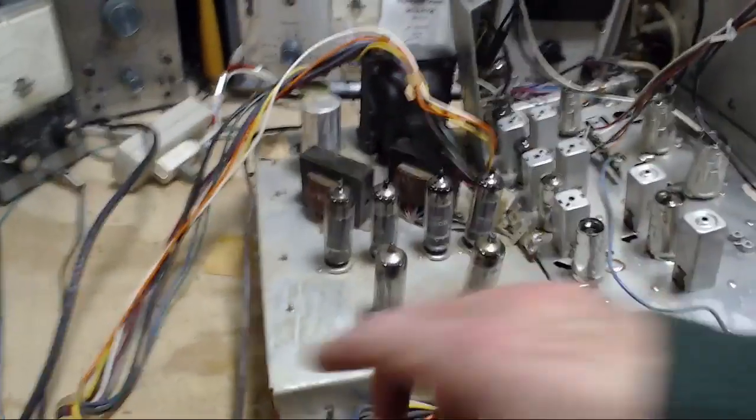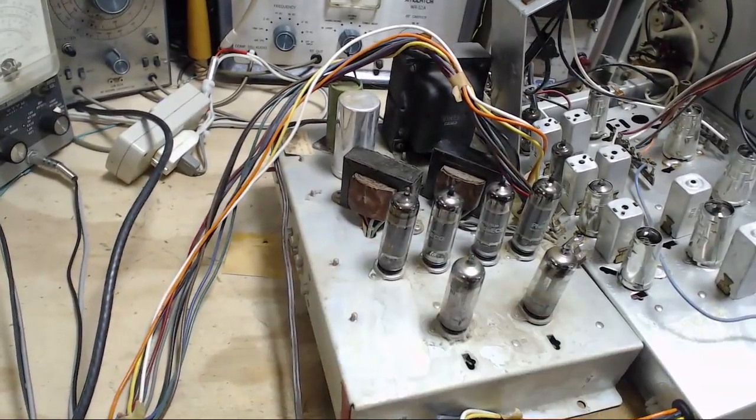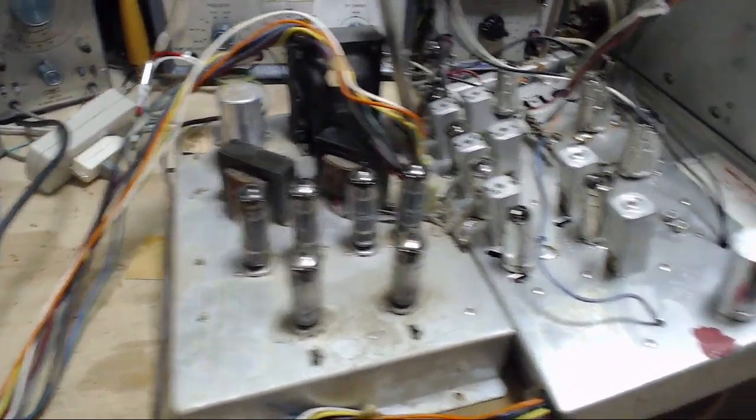The speaker outputs on this are phono jacks at the back,